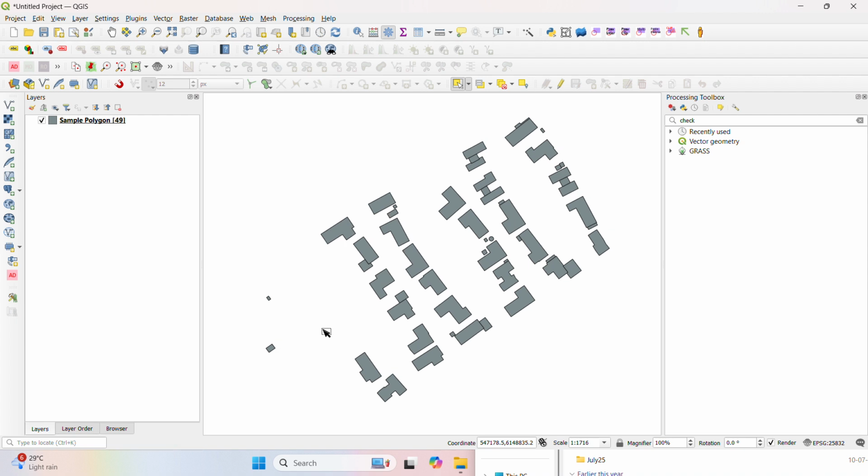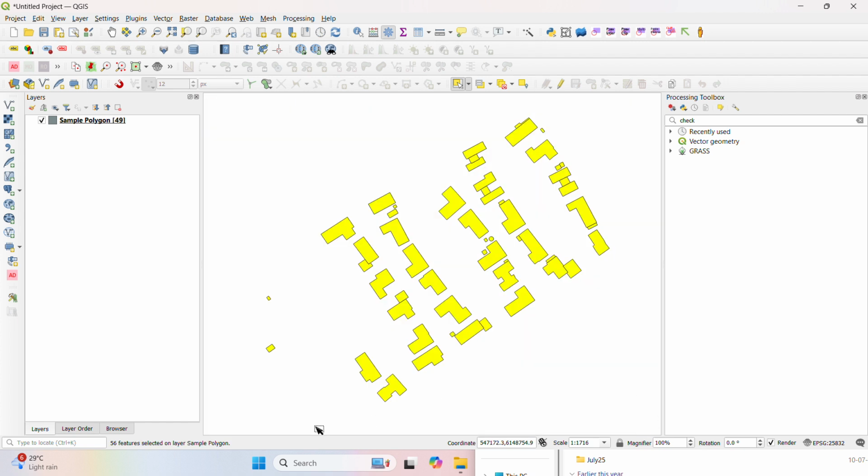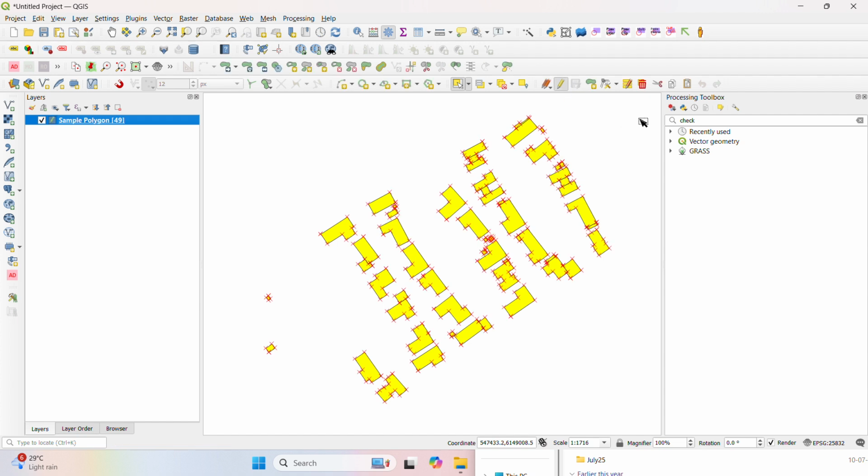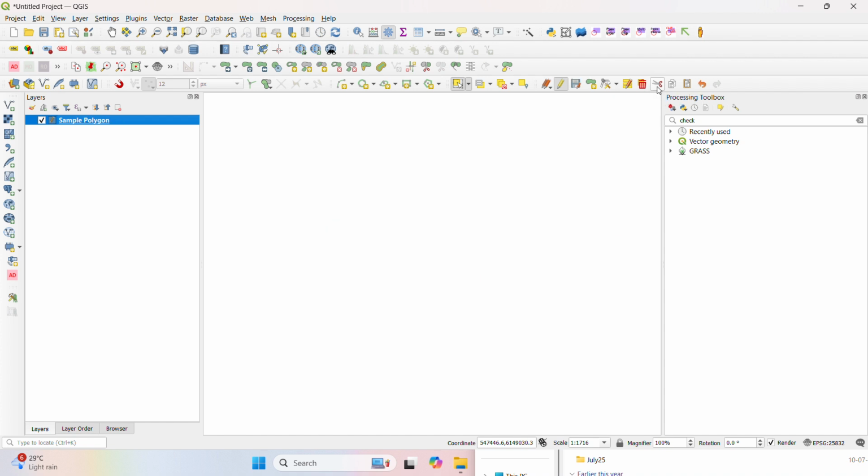Okay, so at first you have to select all features in the layer. I select all 56 features in the layer. Then you have to turn on toggle editing, and click on copy features. Okay, then you have to save the toggle editing. Then you have to paste